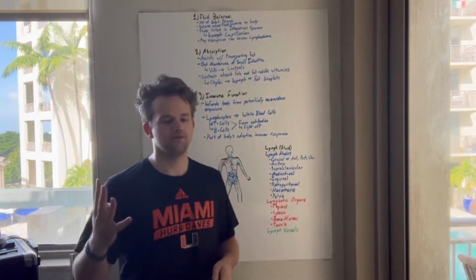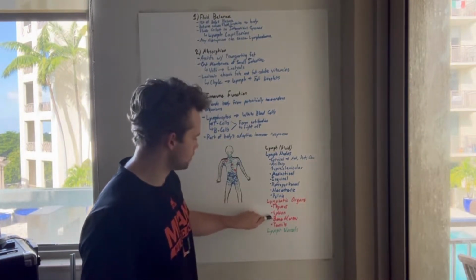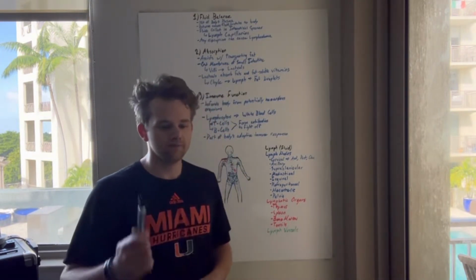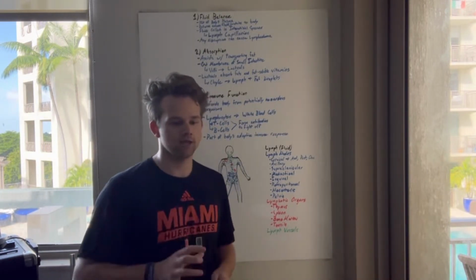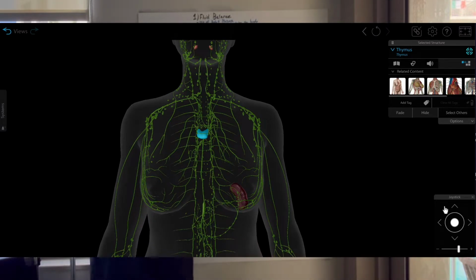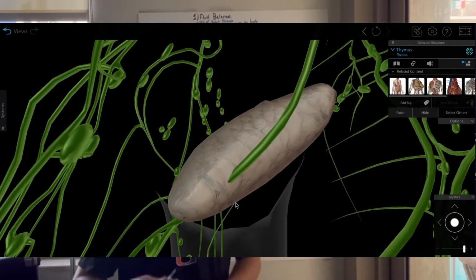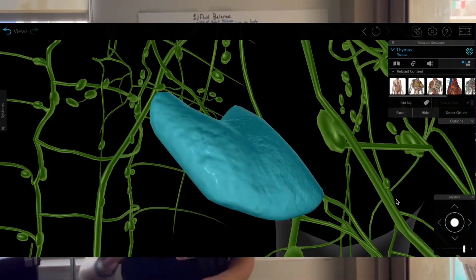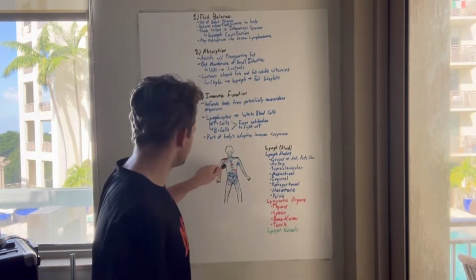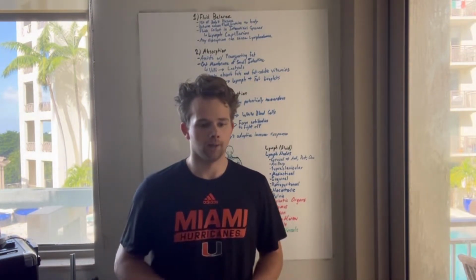The 4 primary lymphatic organs are the thymus, the spleen, the contents of the bone marrow, and the tonsils. So the thymus is both a lymphatic organ and an endocrine gland, which is located behind the sternum. As you can see right here, this little red dot is indicative of the thymus. And basically this secretes hormones and is crucial to the production, maturation, and differentiation of immune T cells. So the thymus is located anterior to the ascending aorta, running down the middle of the body, and is posterior